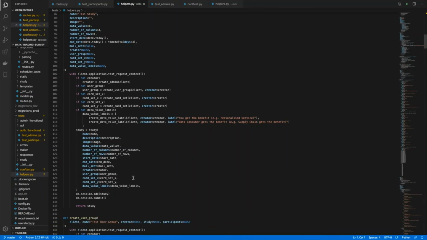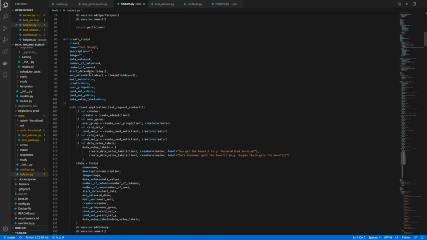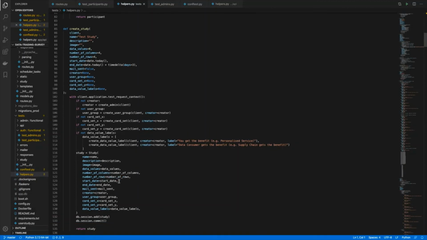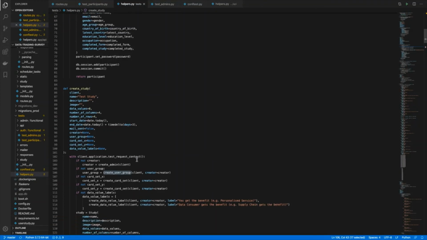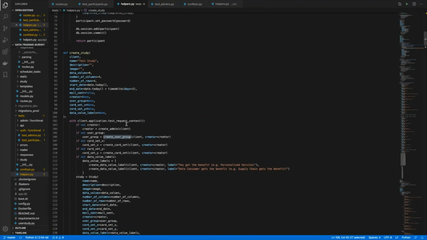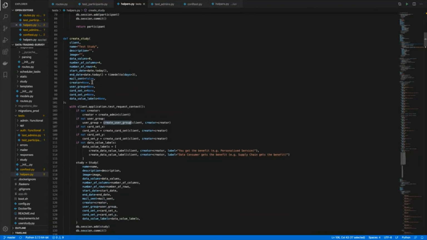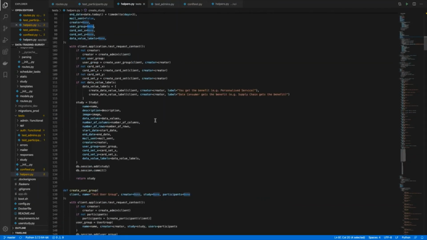So I created a helper function, such as create study, which uses the other helper functions to create the other objects required for this study object by itself, but also gives the option for you to specify these objects if you want to test specific functionality of some sub objects.